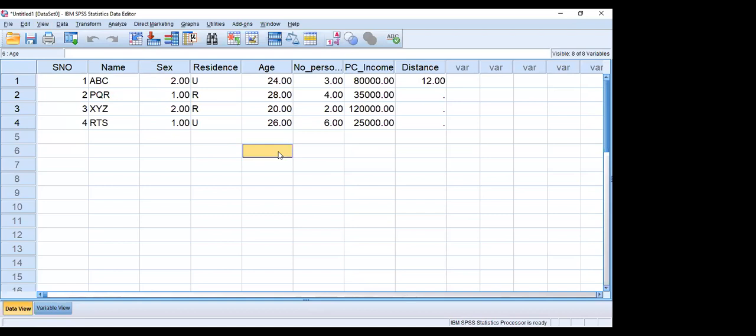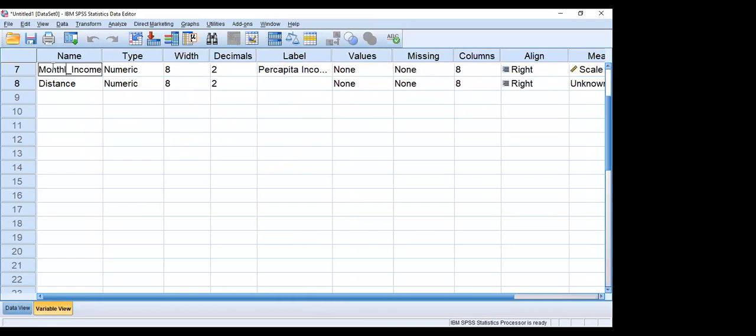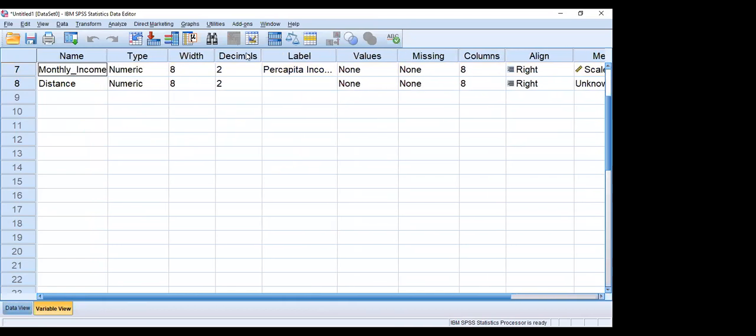We'll derive a new variable based on the existing variable. We'll derive a new variable, what is called a derived variable. This is a new variable obtained using this. So this PC income is there. Actually, it should be monthly income. Based on this monthly income, we'll develop the per capita income.